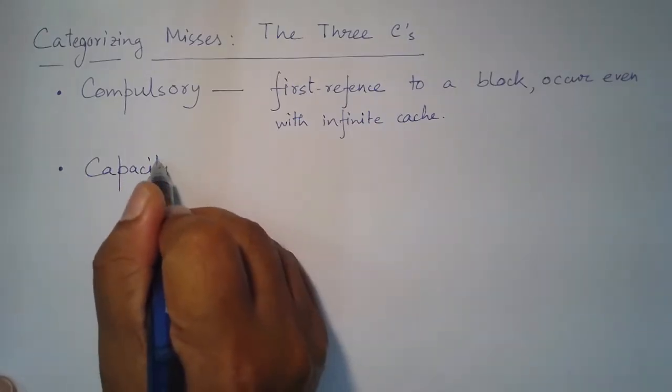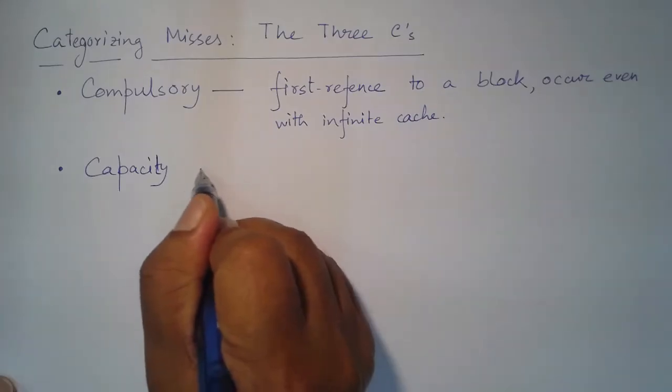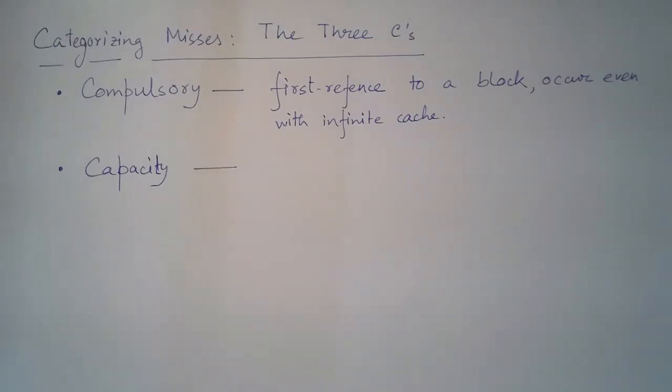Now, these names are very intuitive. So, capacity, as it says: let us say I have a program, my data size is 2 KB, but I have a cache which is of 1 KB. Then of course, I will not be able to have all the data which I need for the program in one go in my cache. So, my cache is too small to hold all the data that I need for the program,